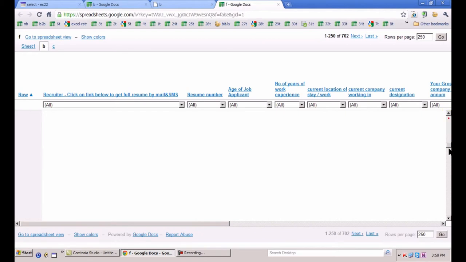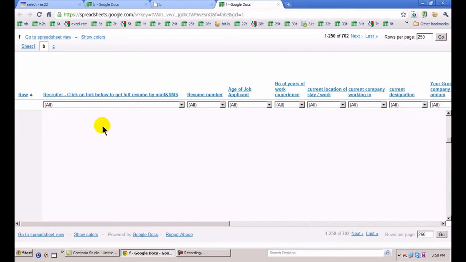I just need to go down to show you that link. Yeah, you can see the links one by one. The links are all here, which means this link is again for the recruiter. They click on the link, and immediately the candidate and eLakshya get connected, all by mail and SMS together.